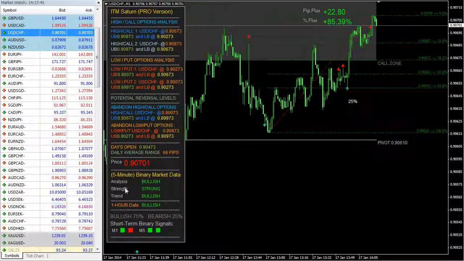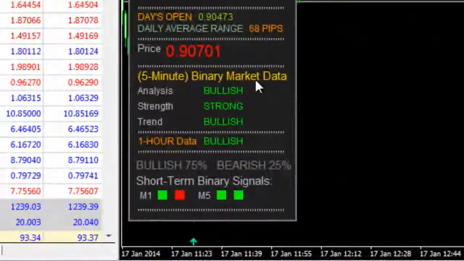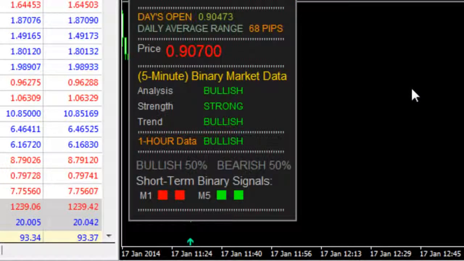So right now, let's have a look at this left panel here. The 5-minute binary market data suggests that the market is clearly very strongly bullish. 1 hour data is also picturing bullish momentum. So where should you ideally go? Trading with the trend, as they say. The trend is your friend is a much touted little one-liner in the financial markets. And that is very true, because when you trade with the trend, you have a higher probability of success than